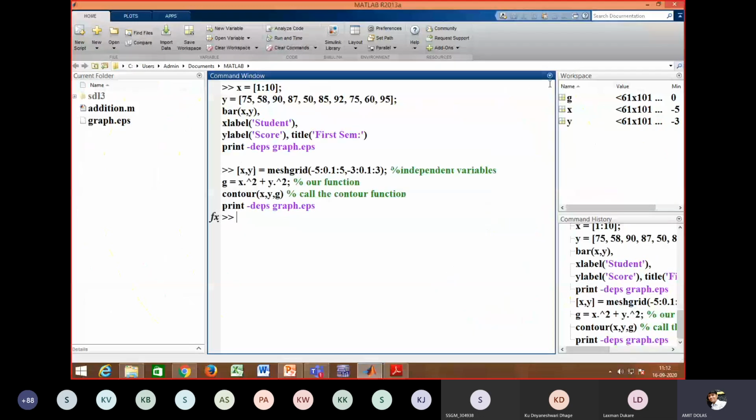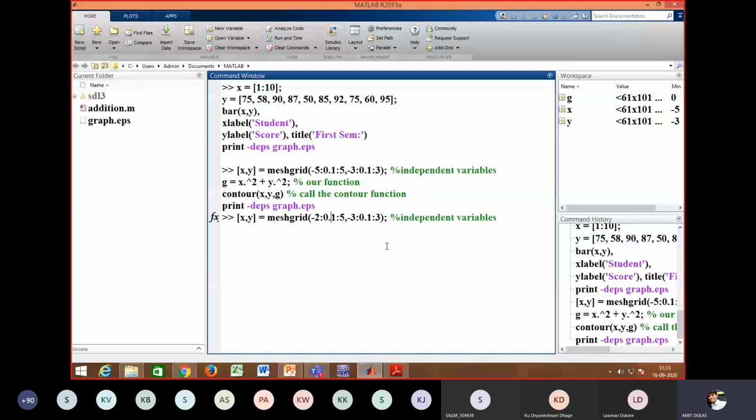Maybe we will learn later on. At the same time, you can see if I run the meshgrid command, we'll go command by command. I'll run the meshgrid command and I will change the data. Say it is -2 to 2 for x, and for y -4 to 4.